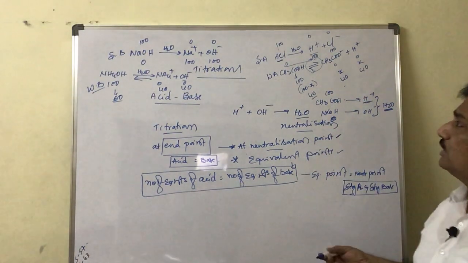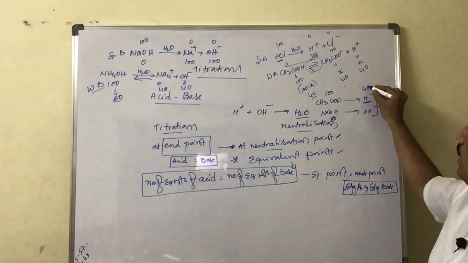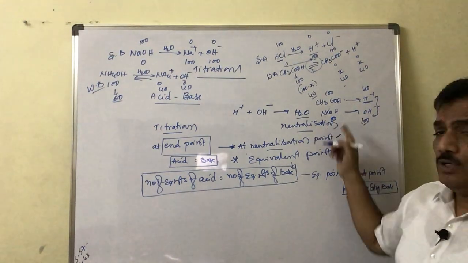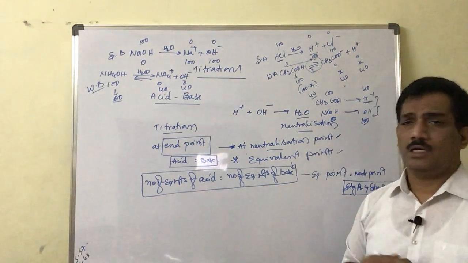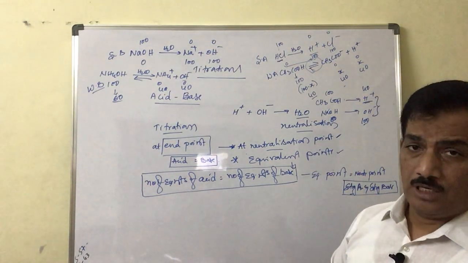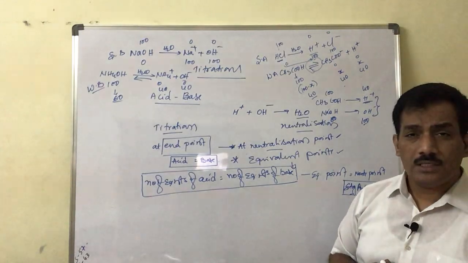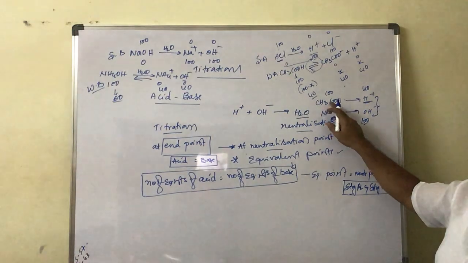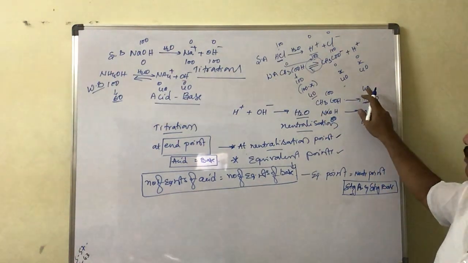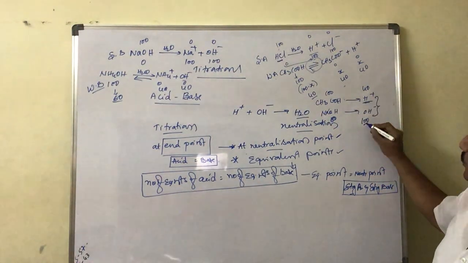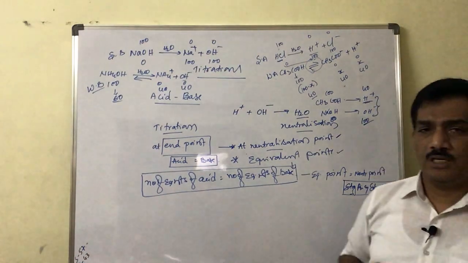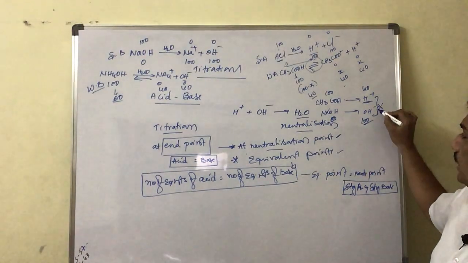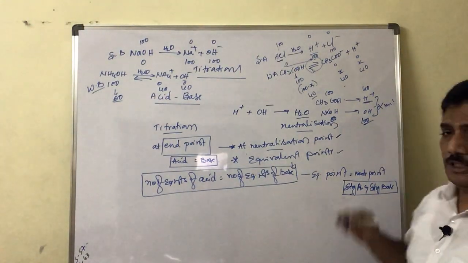But as per definition, being a weak acid, it can release only 40 H plus, not 100 H plus. And NaOH, being a strong base, can release 100 OH minus from 100 molecules. But acetic acid being weak, even though we are taking 100 molecules, is releasing only 40 H plus. And now these 100 OH minus and 40 H plus are not equal in number, and thereby it is not undergoing neutralization perfectly.